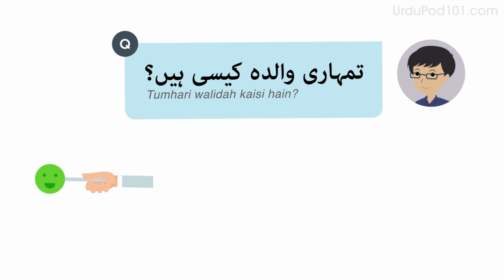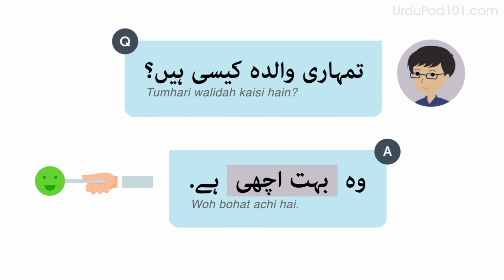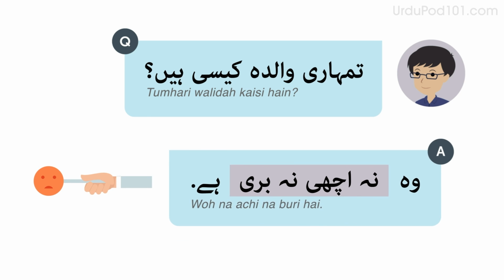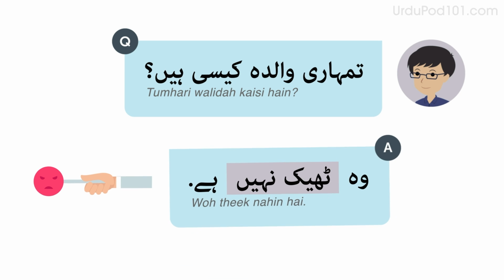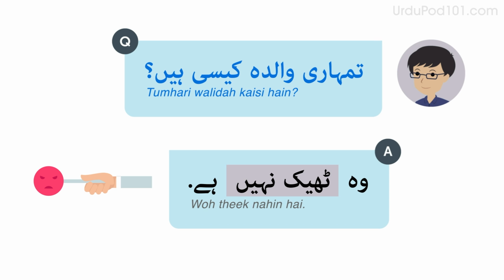Let's look at some examples. Listen and repeat or speak along with the native speakers. तुम्हारी वालिदा कैसी हैं? वो बहुत अच्छी है। तुम्हारी वालिदा कैसी हैं? वो ना अच्छी ना बुरी है। तुम्हारी वालिदा कैसी हैं? वो ठीक नहीं है।